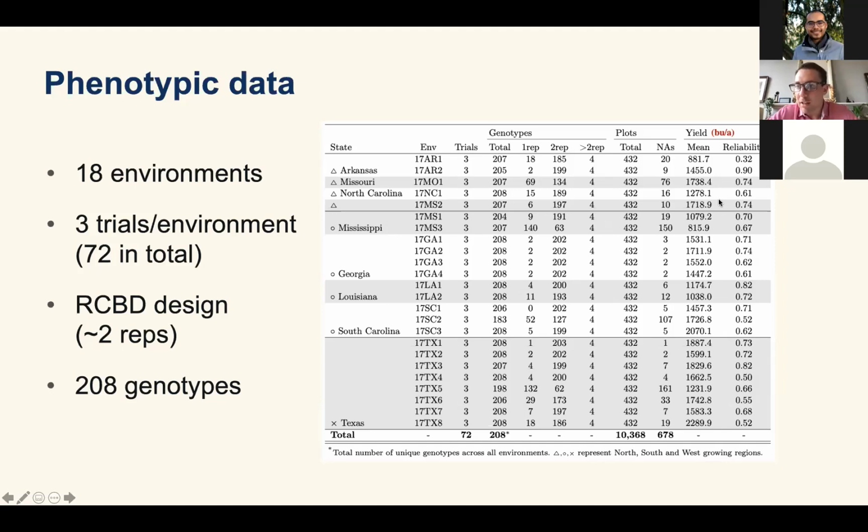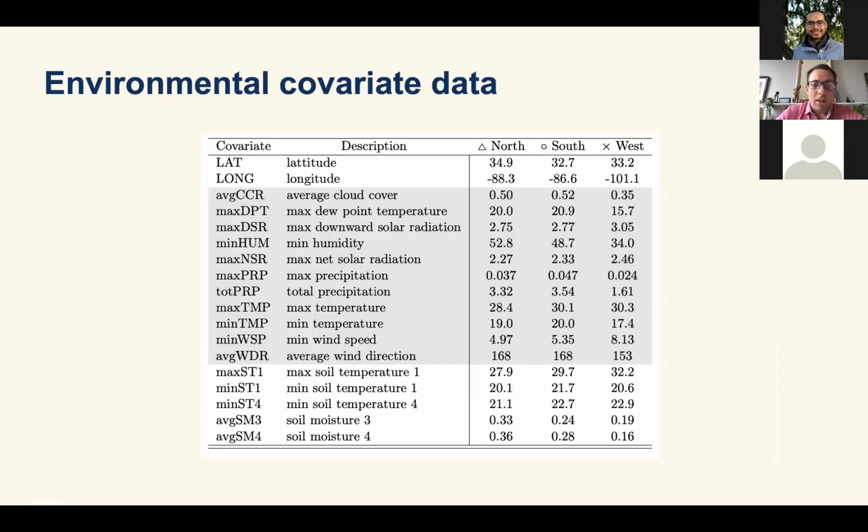And then we have the yield, which is recorded in bushels per acre, that varies substantially between environments as well as locations and regions, etc. And then we have the reliability, which is just a generalized heritability measure on the right-hand side. So again, that's varying substantially between environments as well as states and regions, etc. So we have a nice structured data set here, but there are a few things going on that need to be accommodated, which is fine, which I'll talk about in a minute.